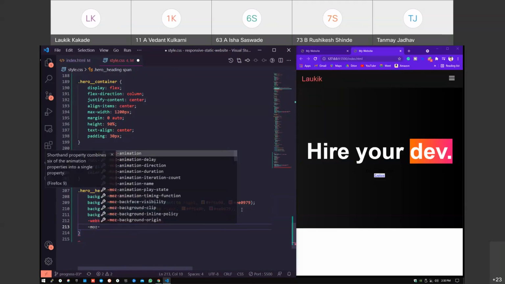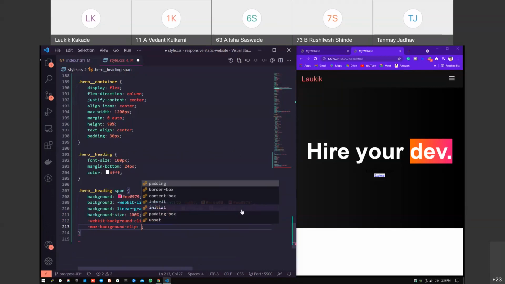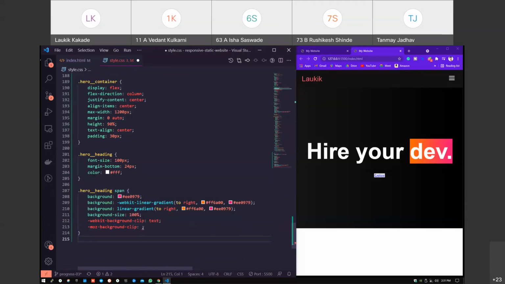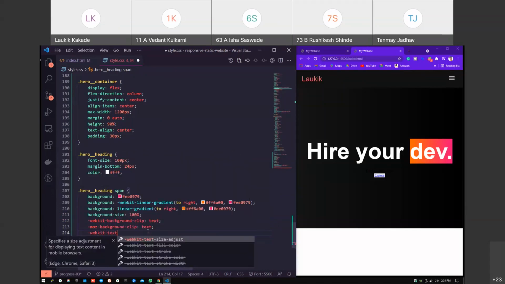Moz background clip as well, let's give it as text. Why am I not getting text here? Okay, we'll just type, let's see the consequence later. Text, and the WebKit again, but this time we have to fill it. So WebKit text